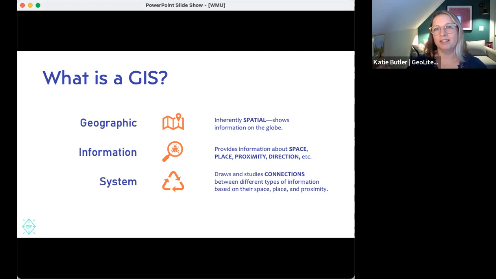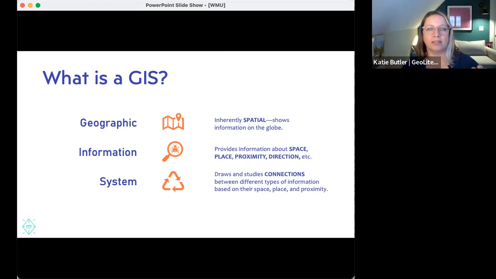I mentioned at the beginning that I live in this weird little neighborhood called Cabbagetown. That gives me a sense of place. It's got this embodied information associated with it. Proximity, how close or far we are from something, or direction, how do we get someplace? Direction is the way that most of us, including me, interact with the GIS on a day-to-day basis. Atlanta, I don't know how many of y'all have been here. I have lived here for 11 years and I could not get around this city without Google Maps. I don't even know what people did before Google Maps. Apparently Atlanta existed before Google Maps, but I don't know how anyone navigated it.